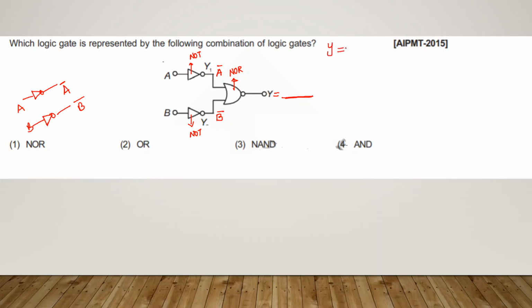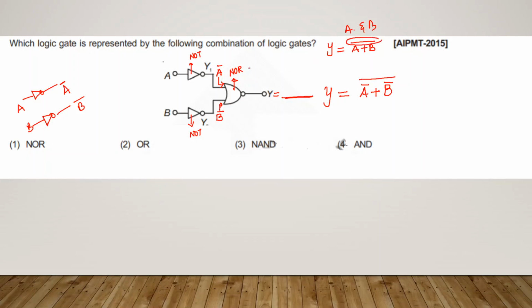We know that NOR gate output is given as (A plus B) bar. Whenever inputs are A and B, output is given as (A plus B) bar. So what are the inputs here now? Now A bar is input here, B bar is input here. So what will be the output? I can write Y equals (A bar plus B bar), again whole bar. See, this is whole bar.